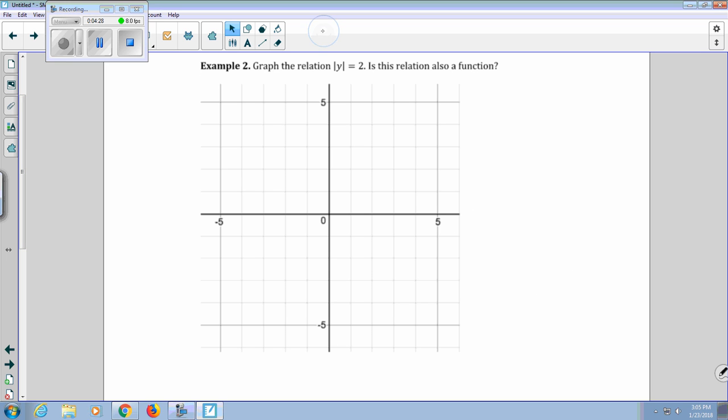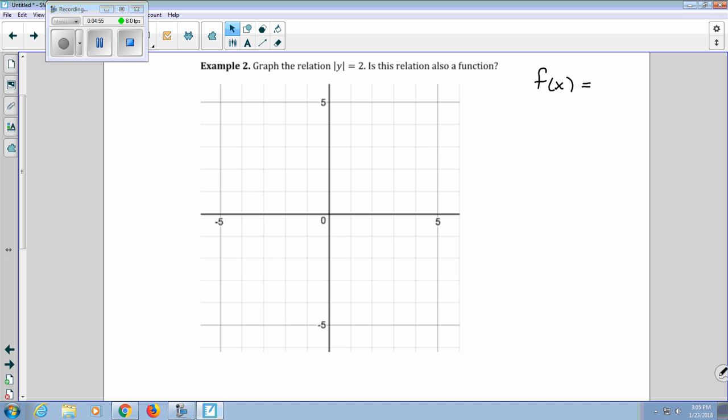For example 2, we want to graph the relation the absolute value of y is equal to 2, and then from this determine if this is a function or not. Like, can you take this equation and write f of x is equal to your formula, calling this thing a function? Is that possible? So maybe a good place to start here is to think of points that make the relationship between the absolute value of y and 2